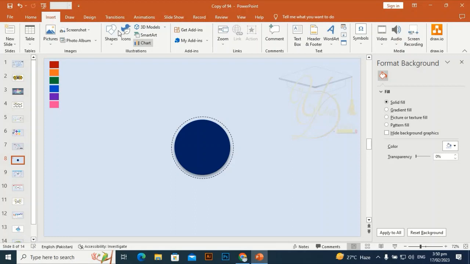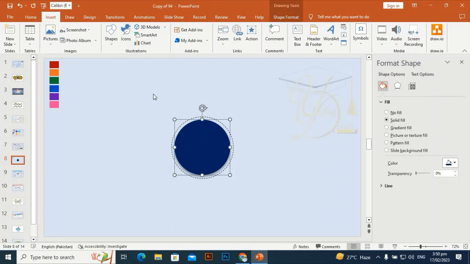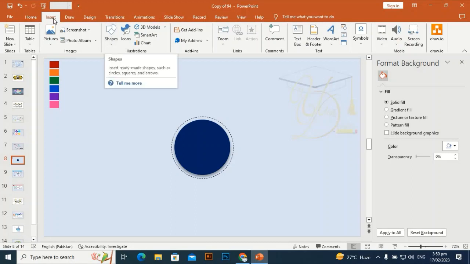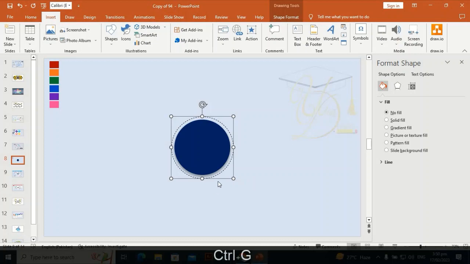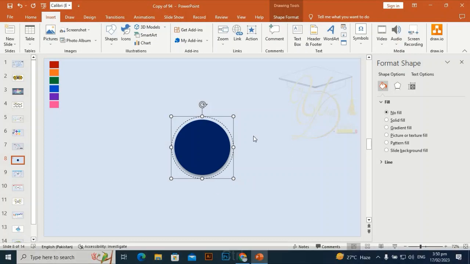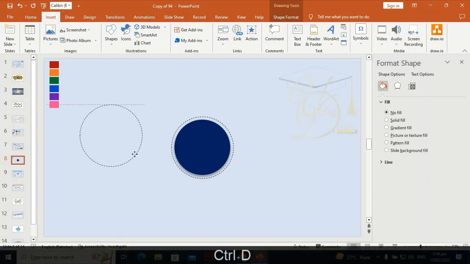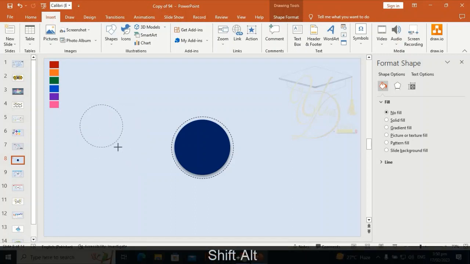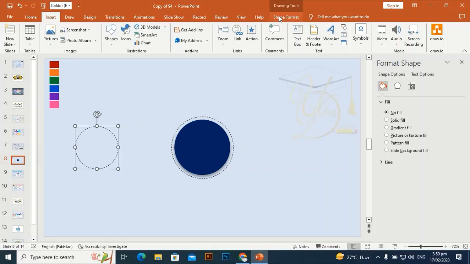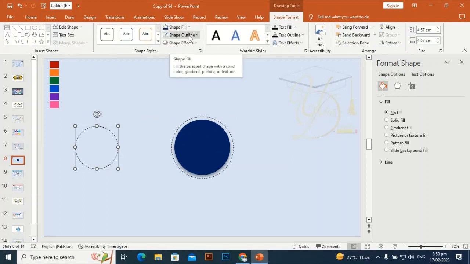Again go to insert and take, let me select, I think I should select this circle. Control D to duplicate it, Control D to duplicate it, and place it here at the side and make it a little bit smaller. And I'm going to put it here in a row with the center shape and at the middle of the slide,